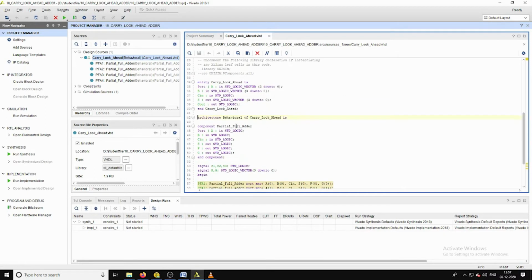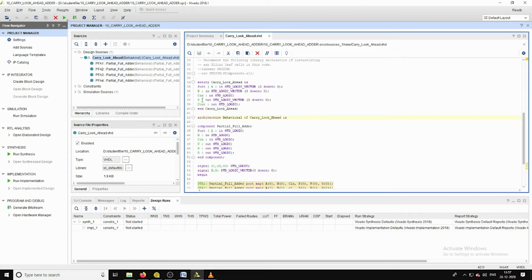And this is the carry look ahead adder VHDL code, and of course the functionality is similar to the binary adder. Here we have considered the inputs A, B and C in, and the outputs are S and C out.